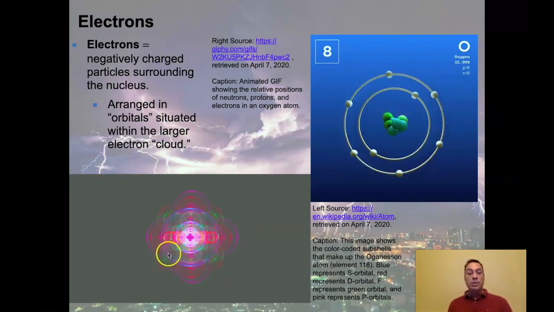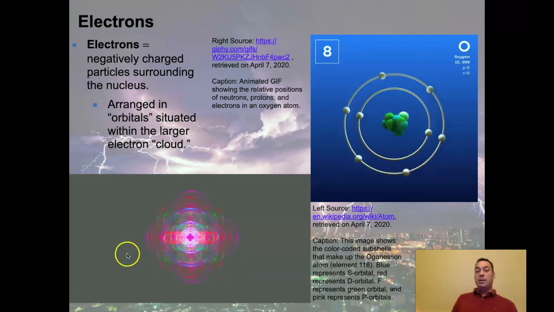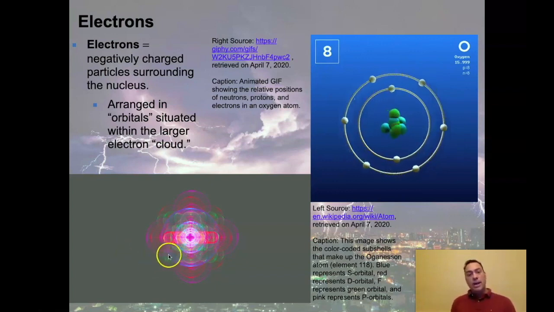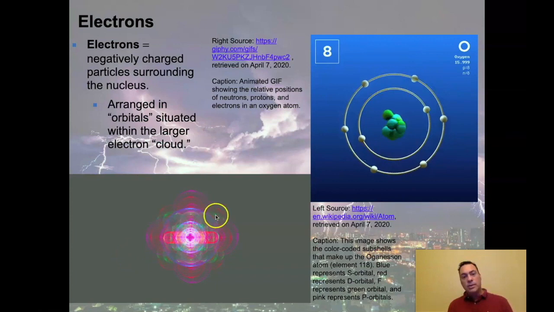And so what we see down here are the locations of the shells that electrons can follow in element number 118, which is the largest one we have, which means it also has the potential for the largest number of electrons. And each one of these surfaces that we see in here, some of them are nice and spherical, some are not. Some are making figure eights. Here's another figure eight type shell coming in through here. This is one where it's almost forming like a clover leaf. We see a similar situation happening here with the reds back here. Anyways, the main thing is that the electrons basically are found on these surfaces around these atoms.